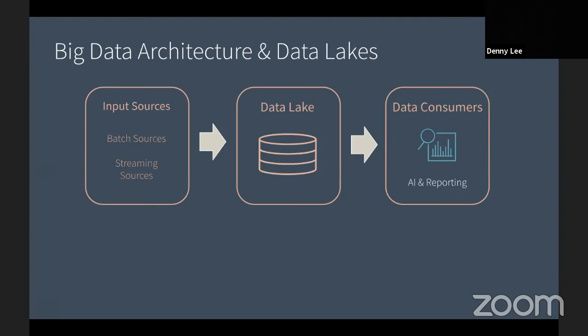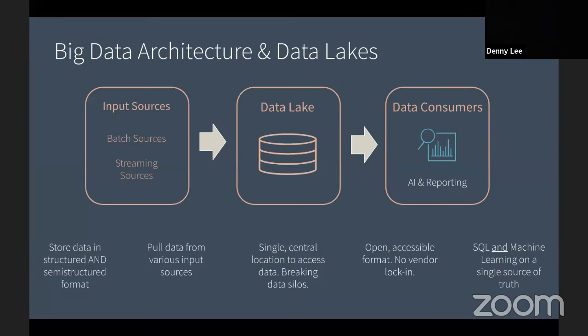It is very much about this concept that you're going to have consumers that look at this data, that want to understand how this data works, okay? And that's it, right? So whether they're running a machine learning model or they're running a BI report, they're the data consumer. Basically, that's it.